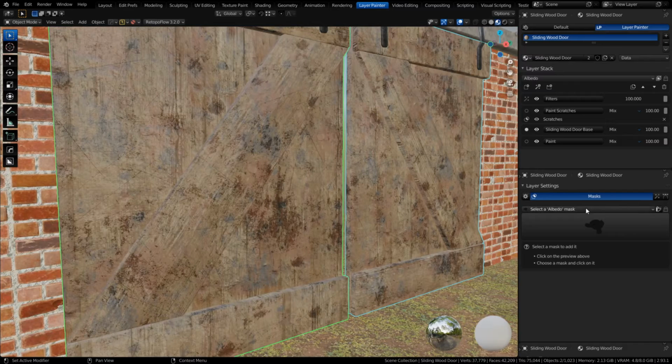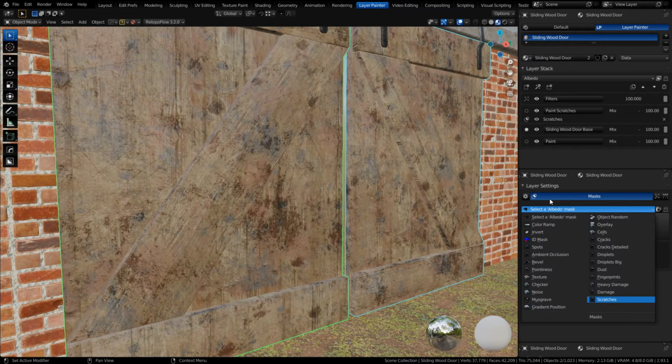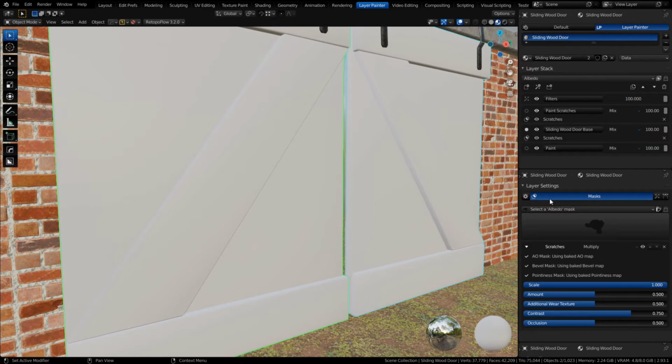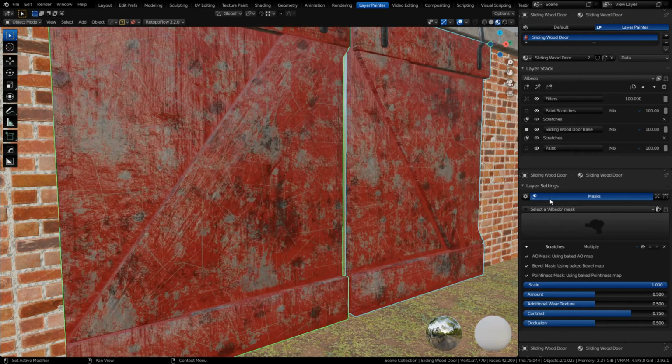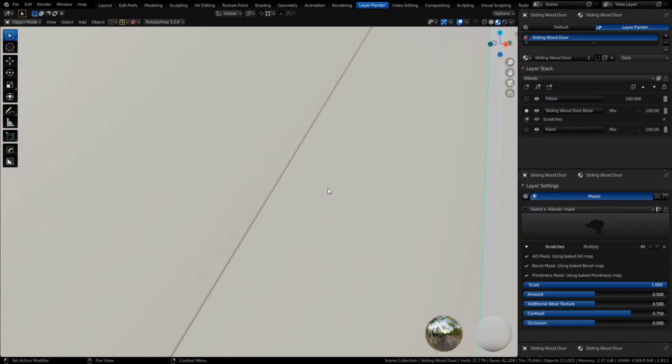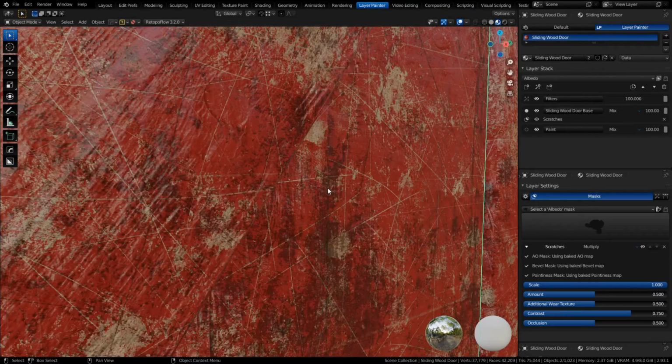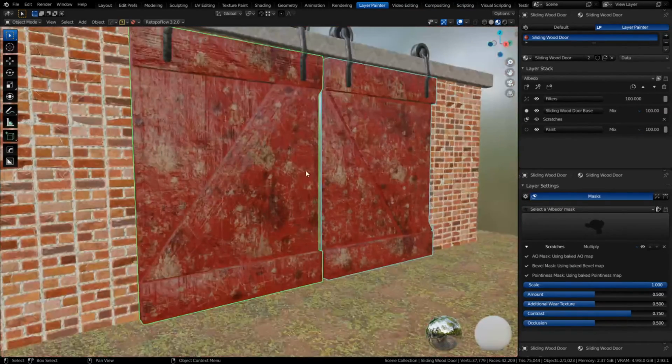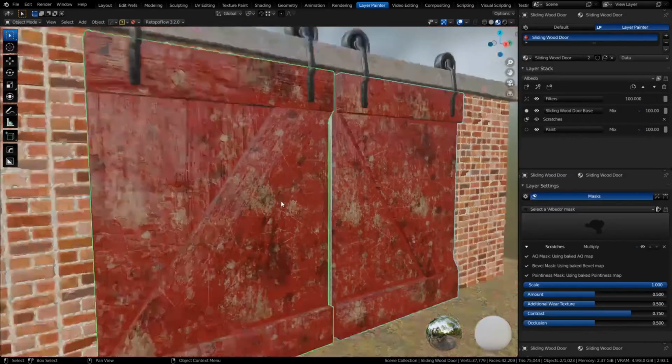We can actually set this to have the scratches on its layer. Get rid of this paint scratches layer here. Click on the delete button. Yeah, there we go. So we've got painted wood